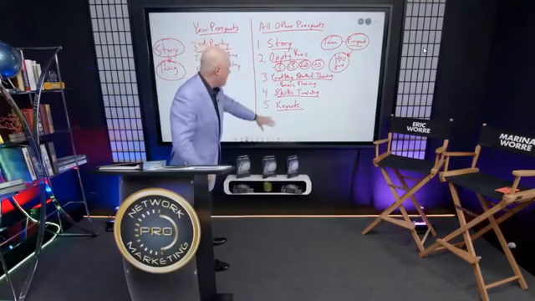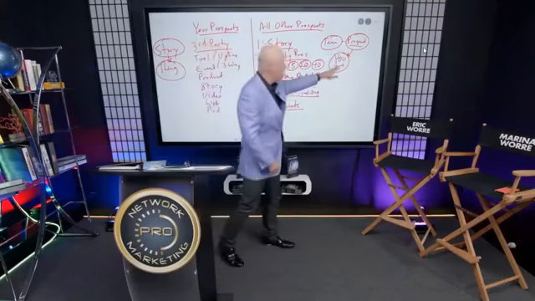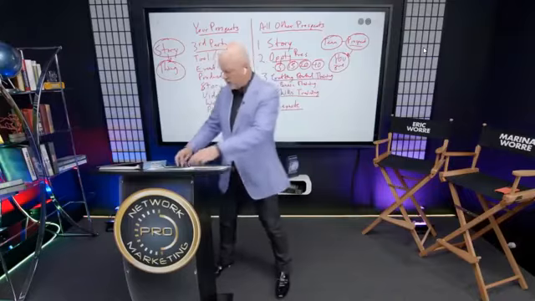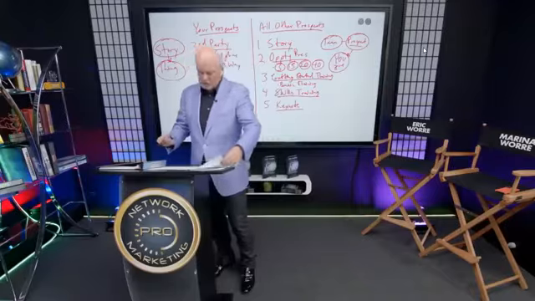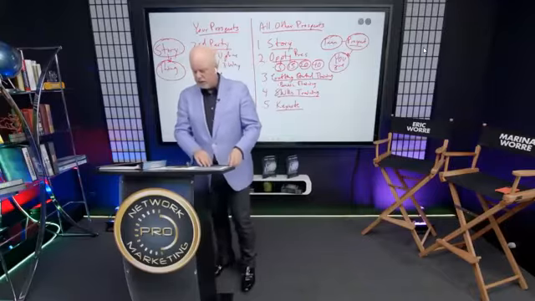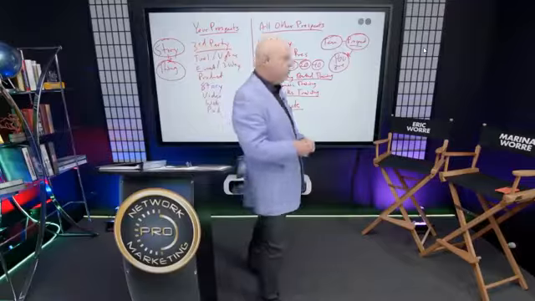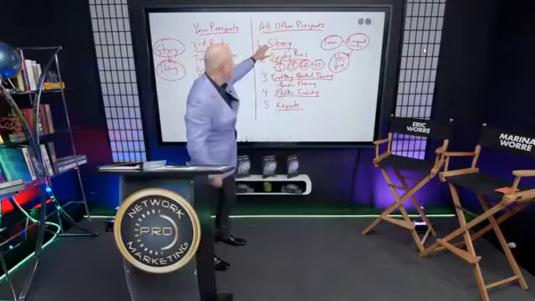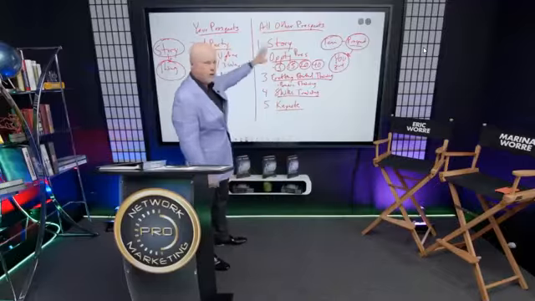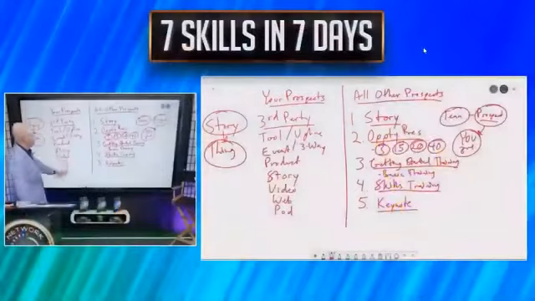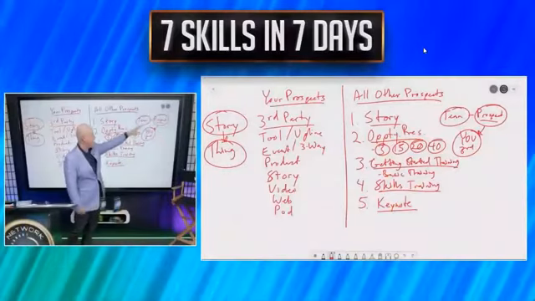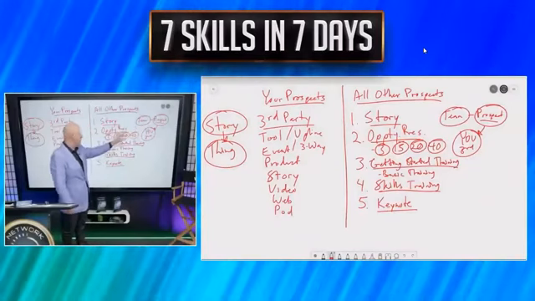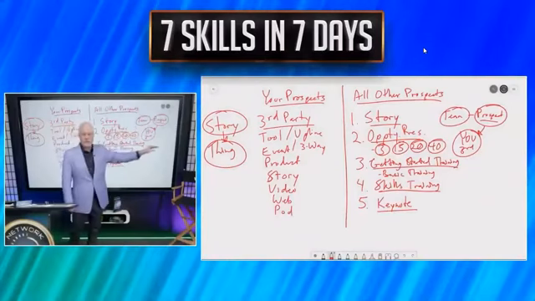For other people's prospects, I became the third party, and that's what you need to become. And you might not think, hey, I just don't have the skills for this. I just don't know what to do. I don't know what to say. Here's what I would tell you. If you start with story that you can use on both sides. Over here, you're telling the story, doing the thing. Over here, you're telling the story as a tool to be able to help educate someone and build a connection, provide information. Then you learn the opportunity presentation.